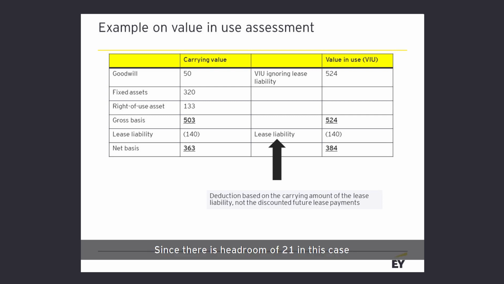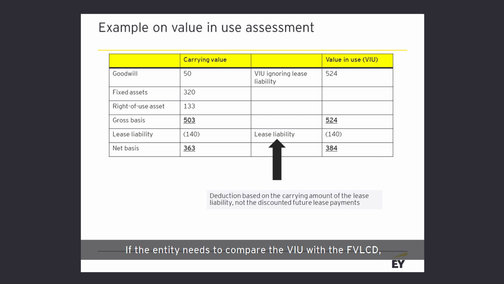Since there is headroom of 21 in this case, recoverable amount of 524 less carrying amount of the CGU of 503, a comparison by the entity of the value in use and the carrying amount of the CGU, ignoring the lease liability, would be sufficient. The lease liability in such cases would not need to be deducted from the value in use nor the carrying amount of the CGU, that means the gross basis,